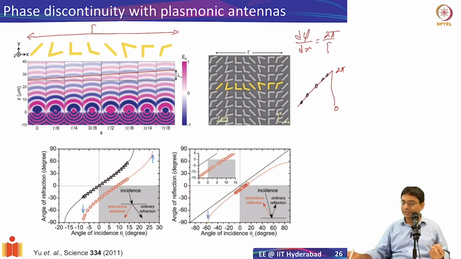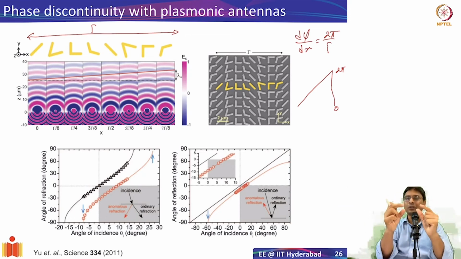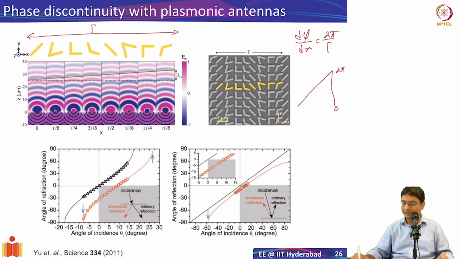If I say, no, I actually want a very strong gradient, of course I will not be able to pack 8 antennas in 1 micron or 2 micron space. So I'll sacrifice my sampling. I'll put only 2 antennas, and I'll essentially pick these 2 antennas to sample this. So I'm going to pay the price in terms of efficiency. If I try to have very large angles, at some point I'll start paying the price in efficiency and I will not be able to do it. That will be my physical limit.